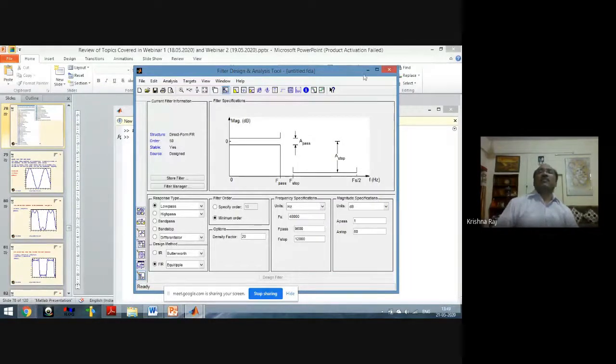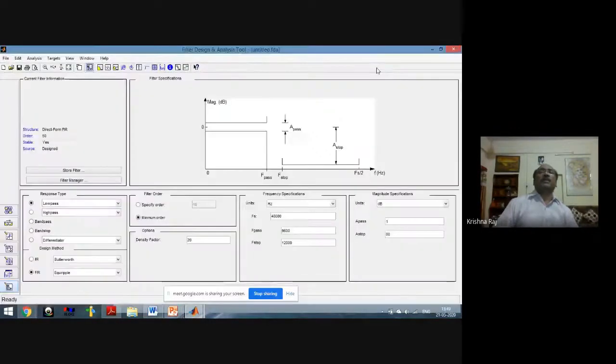Nothing different. Now see here, just make it full screen for clarity. See here the specification. We are interested in order to design the filter, as we have discussed in the first webinar, using the very first slide, that whatever are the requirements, those requirements are said to be the ideal. So those ideal requirements are converted into the specification with the help of the practical approaches, or we can say we are interested in order to get the parameters.